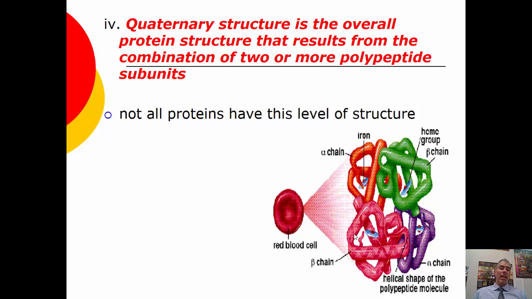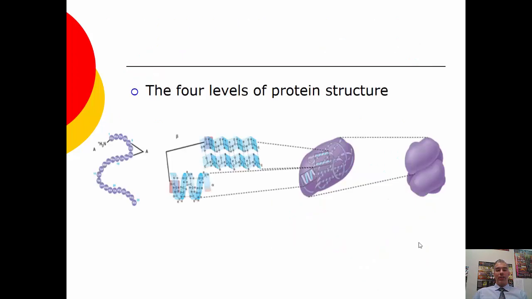Some proteins only have tertiary structure. They do not have multiple subunits that come together. But if they do, that next level is called quaternary structure. A good example of that is actually hemoglobin, which is the structure you see right here. There are 4 different subunits, 2 alpha and 2 beta chains put together, and collectively they help to carry oxygen in our red blood cells. If they did not come together, they would not properly carry oxygen.